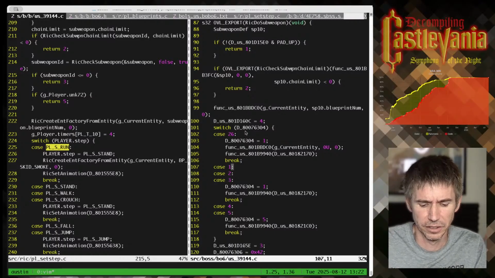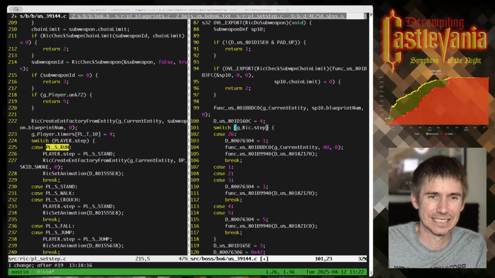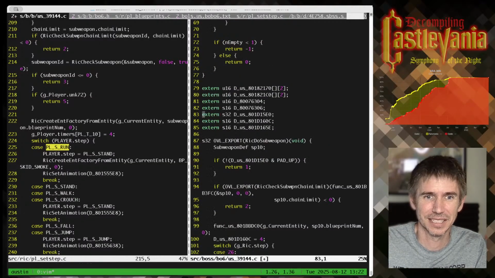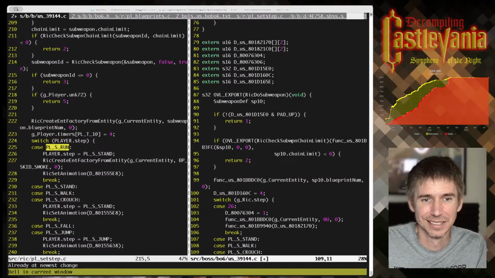Oh, what did I do? Yeah, GRIC step. Oh, it's not from GRIC. It's from player. Oh, this is easy too, and we'll make a macro for this. So we're gonna have a Rick macro,